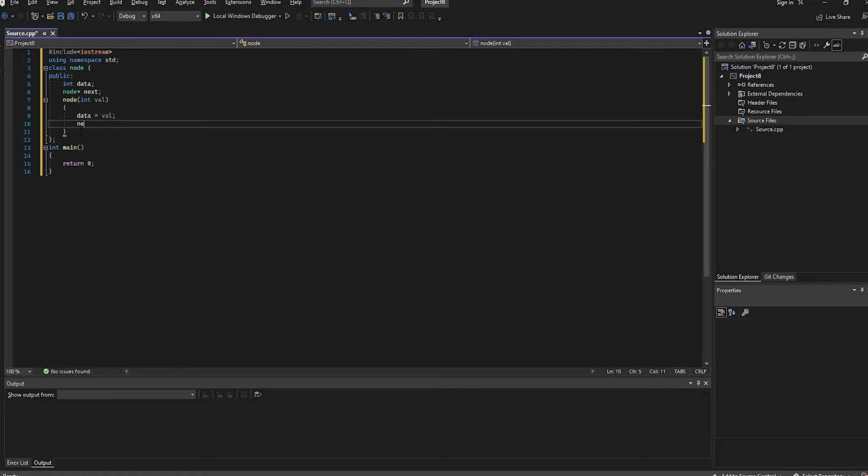For the next pointer, which is an object pointer, we will assign it null. So this is the basic skeleton structure, the class Node,